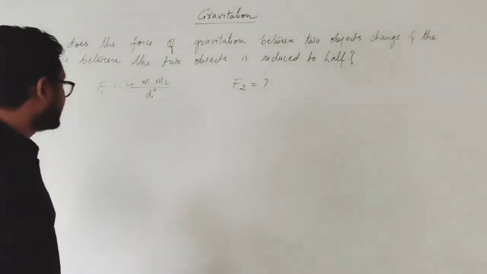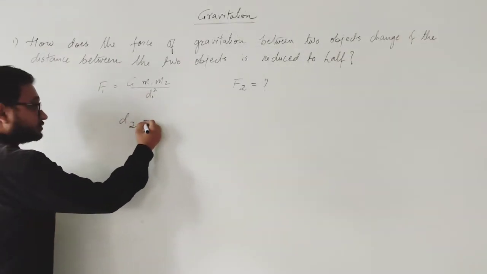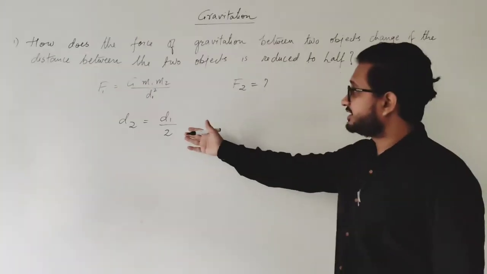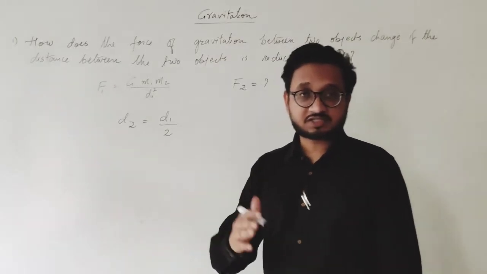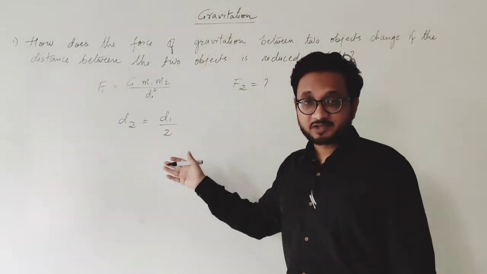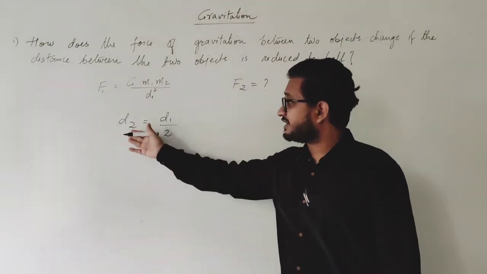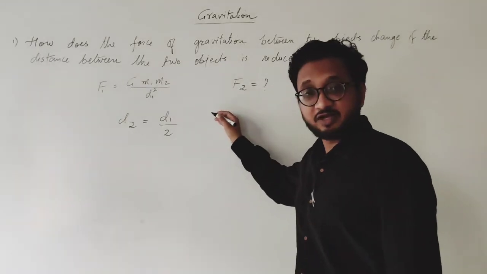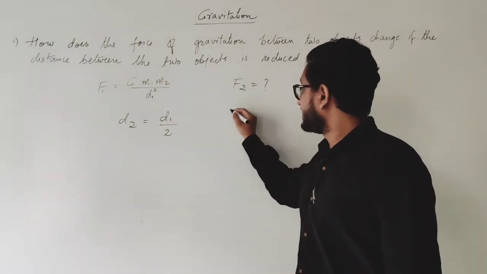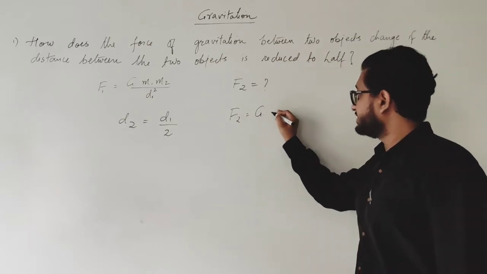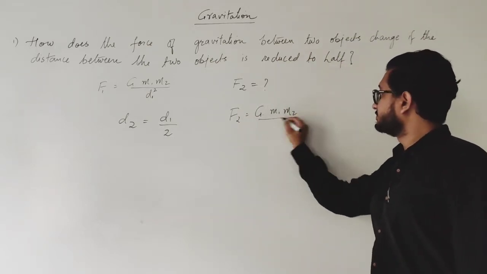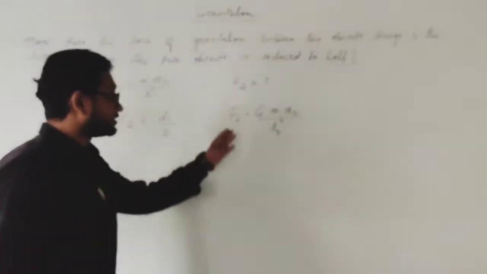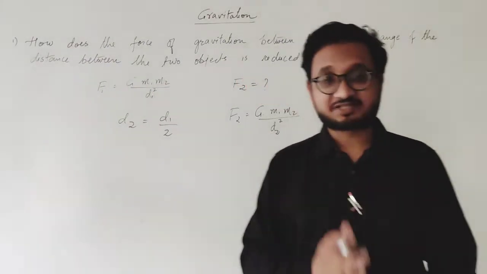We have to see what changes it brings if the distance is reduced to half. Okay? So let's say that distance d2 is half of distance d1, because that is what the question says. We are reducing the distance to half of the original. So we are dividing distance 1 by 2. Now obviously when we are finding the force F2, we need to use distance 2. So once again we apply the universal law of gravitation, that is F2 is equal to G into m1 m2 by d2 square. Now we are using the distance d2 because this is the second force where the distance is reduced to half.